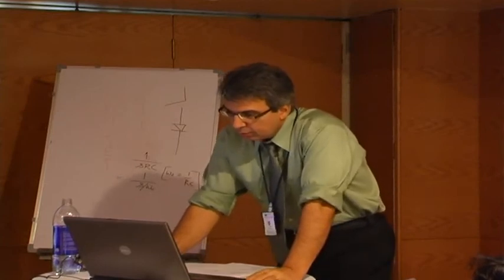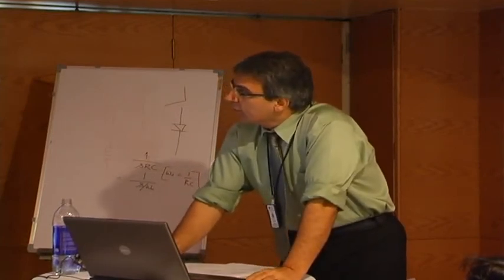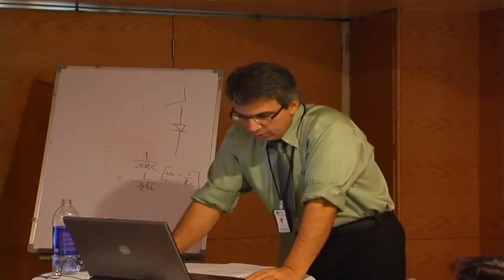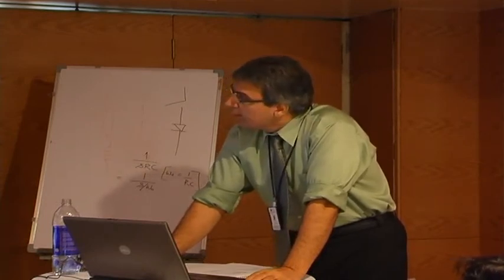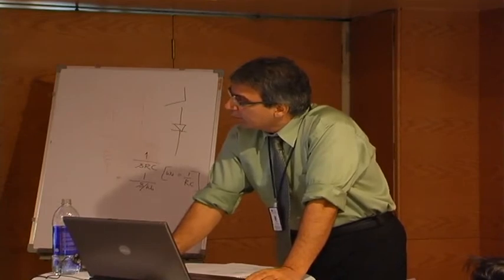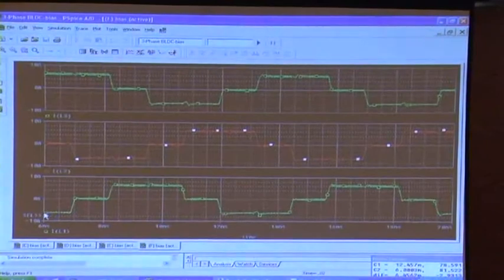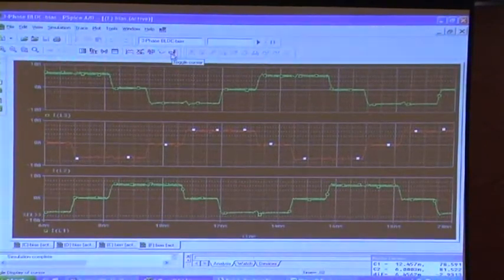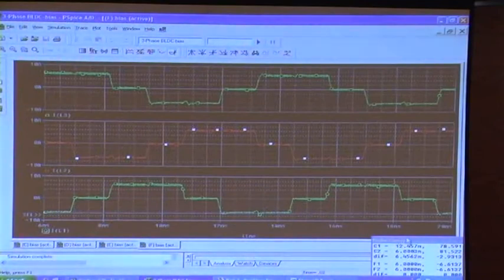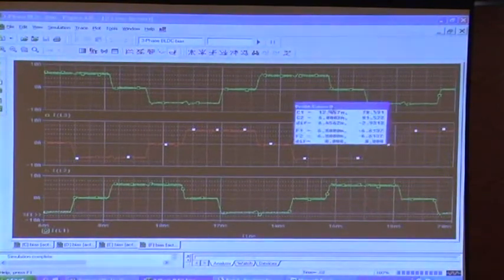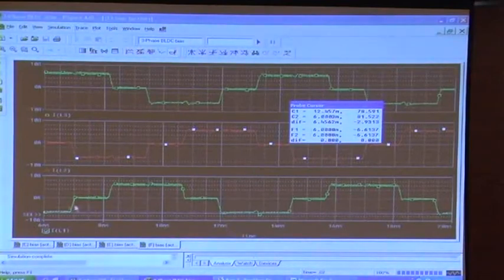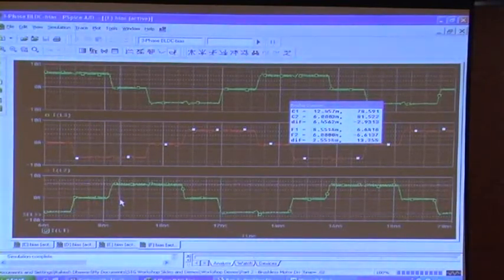Now we can also look at the cursor. There is this facility in PSpice, which is the cursor. So if this particular waveform or plot is selected, and if I click here, it will select this one, and if I toggle the cursor, then I can begin to read the values. So here you have values, you can see here. Now the top numbers are for the other window, so just pay attention to the bottom